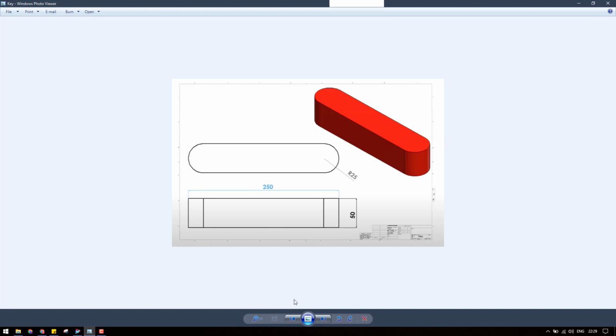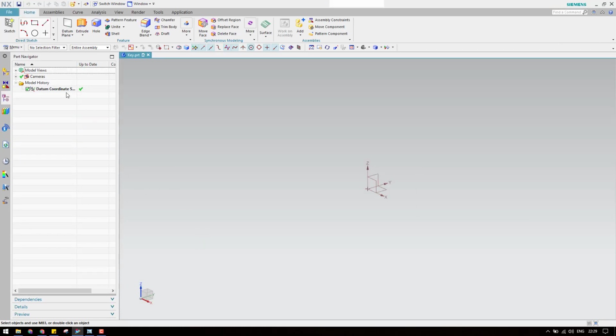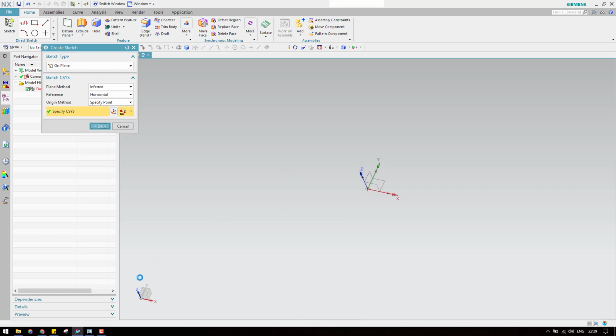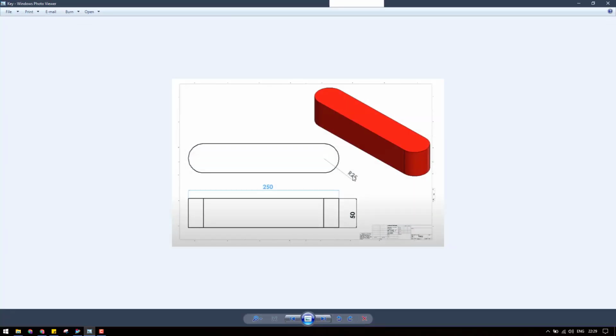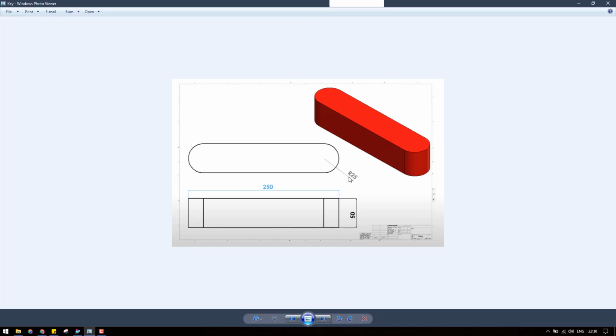And what is the name of this? This is, I think, key. So let us create a key. Let us go to the sketcher environment again, and you can see this is completely simple, 25 mm radius, and the extrude will be 250 mm. So let us select this and make the width 20, 50. Hit enter. As you can see here, this is R25.